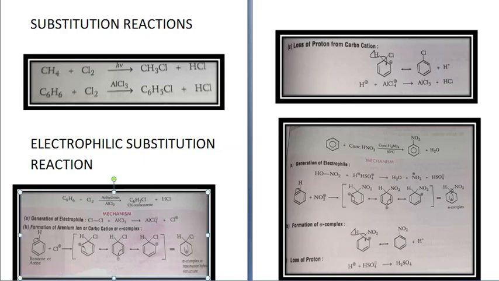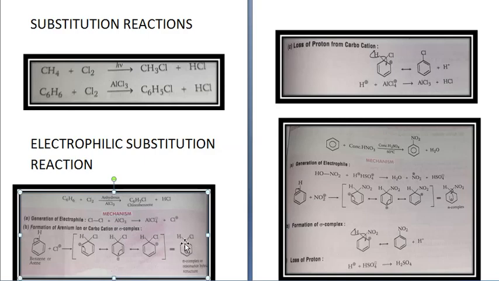So when benzene comes in contact with Cl plus, what happens? See, shifting of electrons takes place from this double bond to this carbon. As a result, this carbon gets a positive charge, and to this hydrogen a chlorine also gets attached. So there are resonating structures. It can be like this, shifting from this bond to this bond, or shifting from this bond to this carbon. So shifting can be from any one of these.